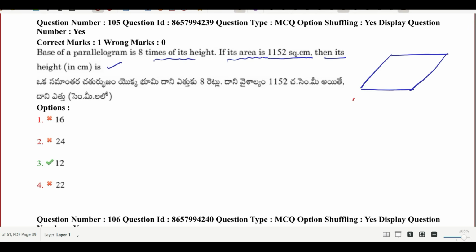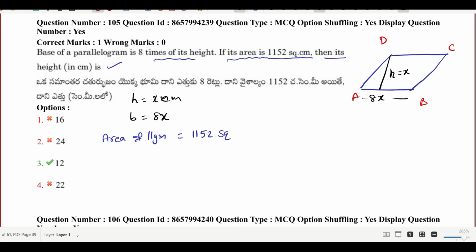So first let us suppose ABCD is a parallelogram. In this parallelogram, the distance between these parallel sides acts as the height. If I suppose this height as x, then the base will be 8 times this height, that means 8x. If I suppose the height as x centimeters, the base becomes 8 times x. And what else do we know? We know that the area of the parallelogram is given as